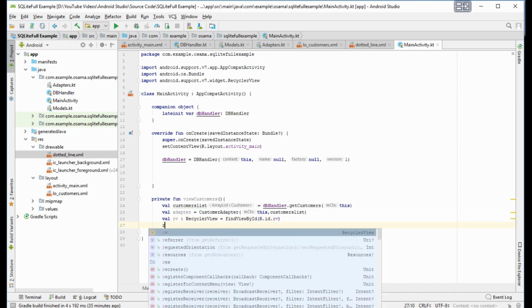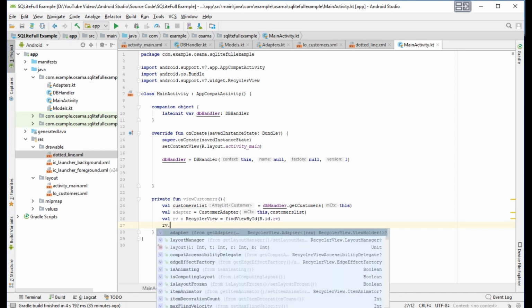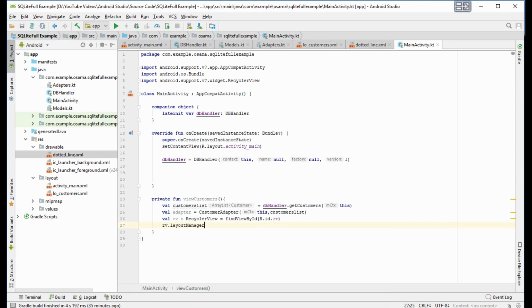Then we will inflate rv dot layout manager.